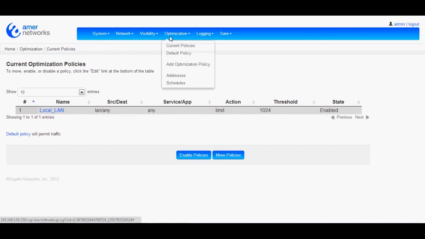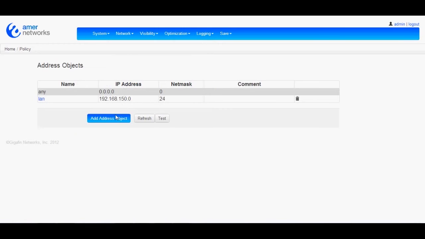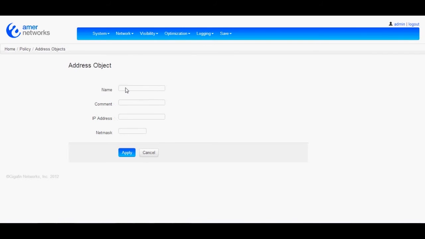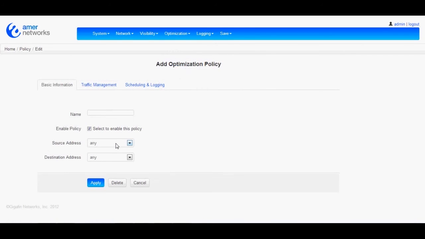Now, we also have the ability of creating additional optimization policies that allow you to do things like permit. So let's create another address object and let's dedicate bandwidth to a server. So let's say this server is residing at 192.168. Let's go with 125. I'm going to say a 32-bit subnet mask to just specify this one IP address. Now that that's added in, I can create a new optimization policy, specify that server,